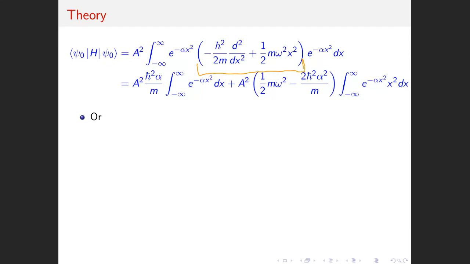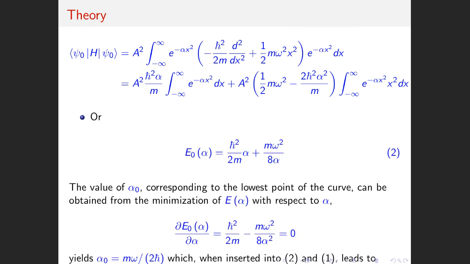And as I said, you get two contributions. There's this term there, but the derivative acts twice. So you get it acting on 2 alpha x e to the minus alpha x squared. Once it hits the exponential, you get another term which is proportional to x squared, which is basically this term. And once the derivative acts on the x, you only get an alpha term, which is this one, right? Once you do all these integrals, which are easy to do, you end up with a family of energy